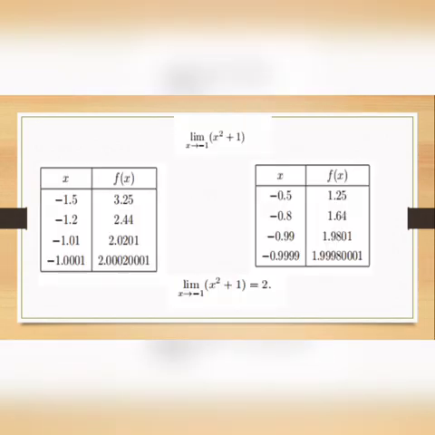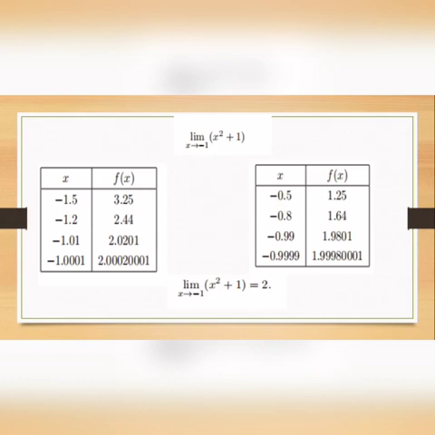Example, limit of x squared plus 1 as x approaches -1. So you need to make a table of values, since there is the left hand limit and the right hand limit. And c here is -1, since we are going to approach -1. What is left of -1 is -1.5, -1.2, -1.01, and -1.001. And for the right hand limit, we have the x values of -0.5, -0.8,